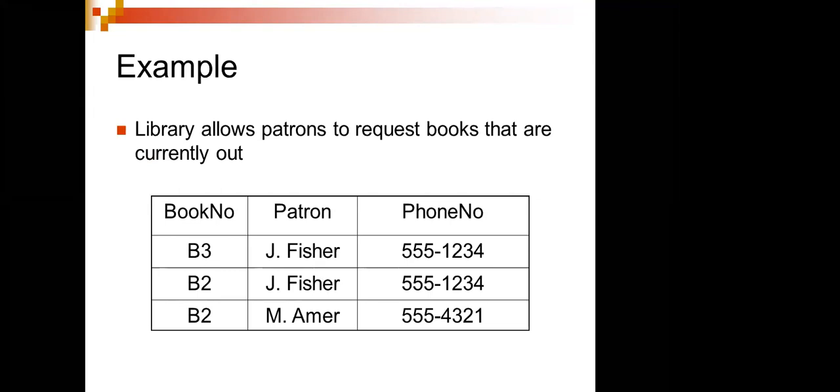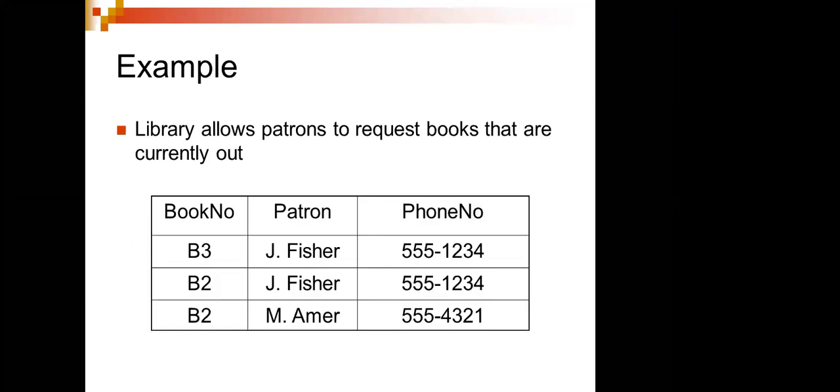In my library table, I have a book number, pattern, phone number. Phone number cannot be duplicated. Book number has been given some importance. Then this book number and the phone number become the super key. That means in one table, we have more uniqueness of the key. So how will we sort this out? Here we have to identify the candidate key. As I told you, book number and the pattern.